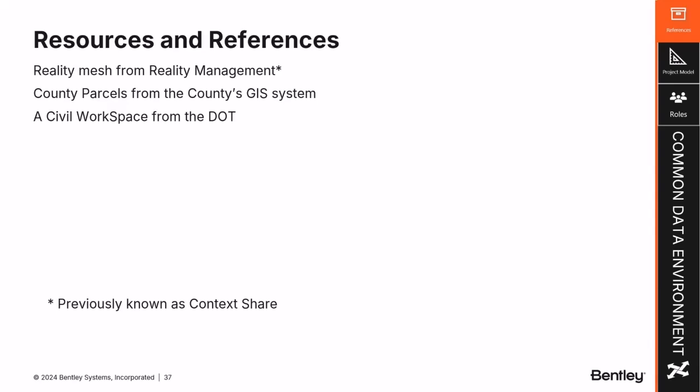We had three main data sets for reference. We had the reality mesh from ContextShare, which is now reality management. We had the county parcels from the county's GIS system. We just downloaded the shape files from the GIS system and then added those into Bentley or into OpenCities Planner. And then we had a civil workspace from the DOT. So with this, armed with this information and resources, we were able to